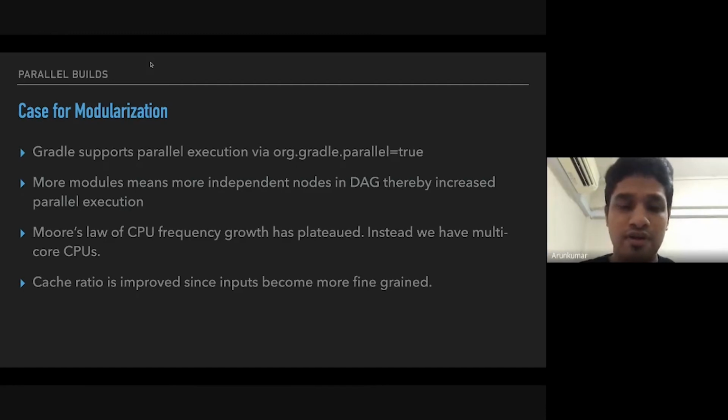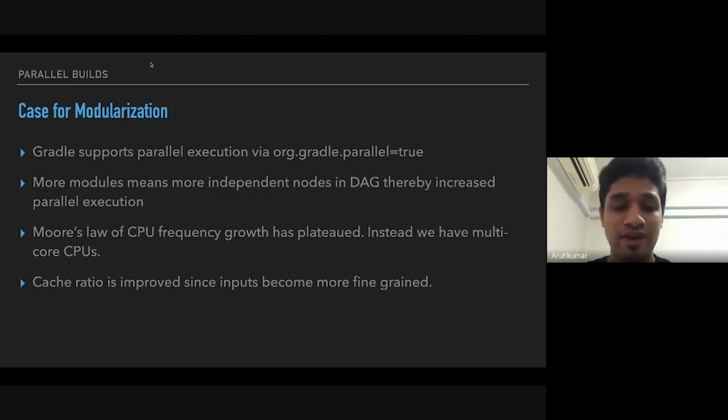So one of the opinions that I've seen online is, why spend a lot of time on modularization? Just buy a powerful machine, just buy a top of the line Mac, so all your build problems will go away. So I want to challenge that with Moore's law. Moore's law says that the number of transistors in a CPU will be doubling every two years. That means our CPUs will become faster, but that actually turned out to be false. Our CPU growth stalled